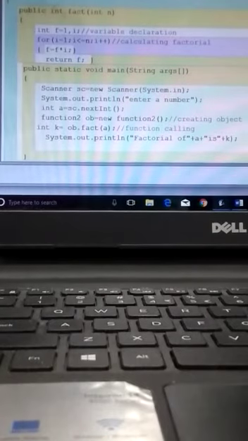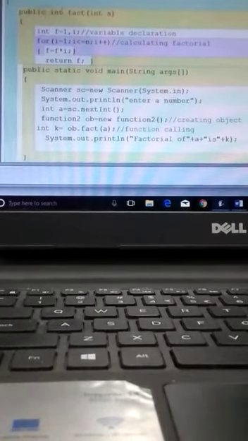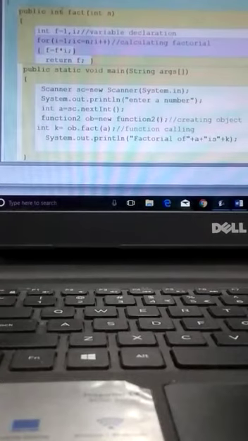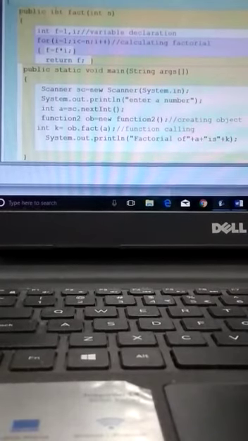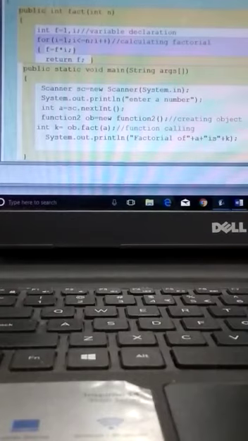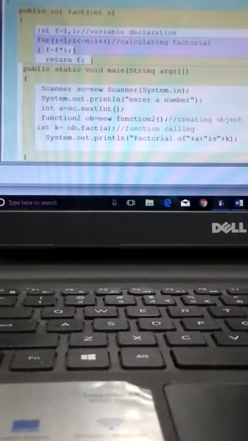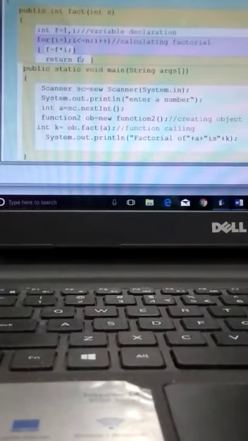Earlier it is void. Just see the previous example, so there is void written, but here since we are returning with the value, we have written int over here. Suppose double type value is being returned, f is of double type, then we will write the double data type. Whatever type of value is being returned, that data type is being mentioned over here. So since we are returning integer type value, int is written over here. So it returns the value of f, that is 120.